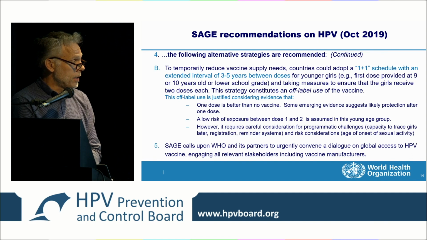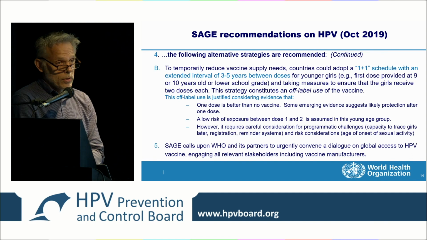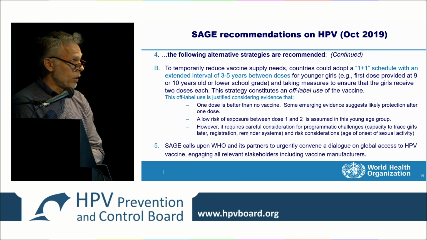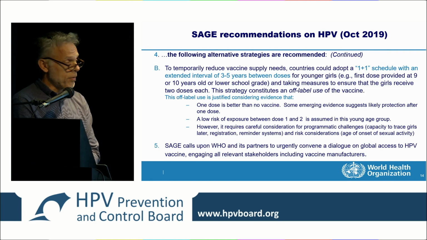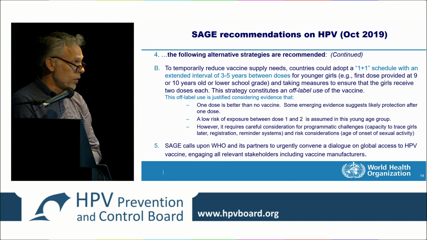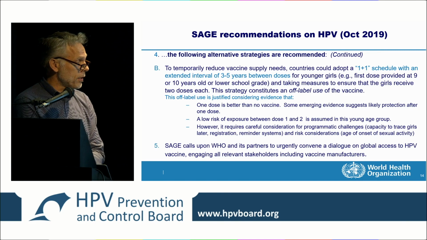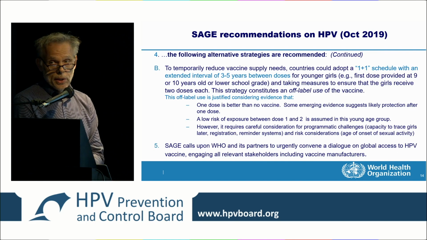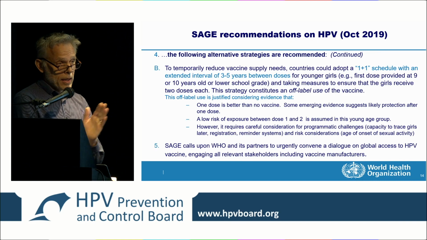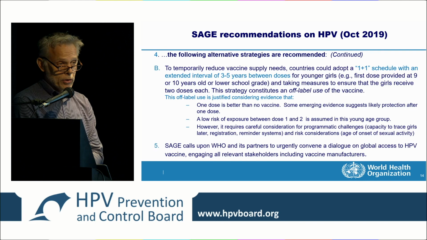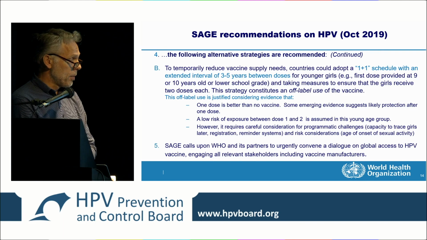but SAGE thought that really one dose, there's evidence to support this. One dose is really better than none, and we have a lot of evidence to show that. Of course, the promise that one dose may be sufficient is like a thought for the end. And at this age group, there's low risk of exposure. Now, with this strategy, we really recommend you vaccinate early at 9 years of age, so that the second dose that comes at 12, 13, or 14 can still be before sexual activity for most girls, so there's limited risk.